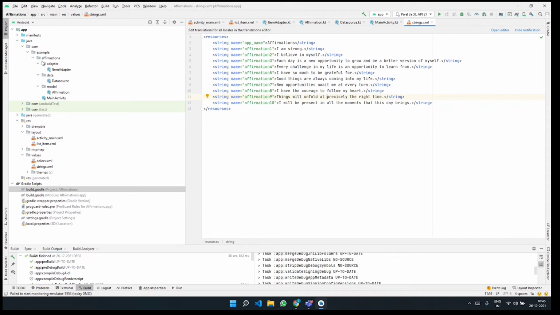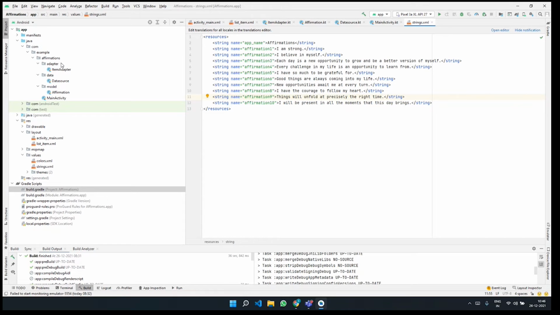So I have a package called adapter where I'm going to write all the code that is required for the adapter to function. And like we have been learning each of these separately, it is always better to explain them separately as well, so that you understand how the adapter works in a better fashion. So that is about the adapter package.